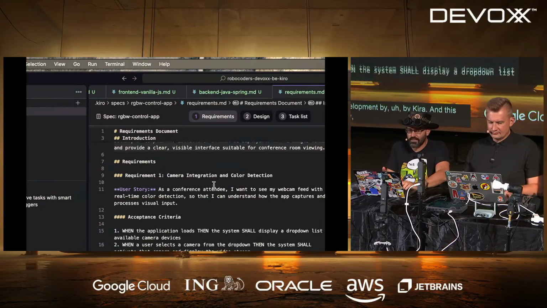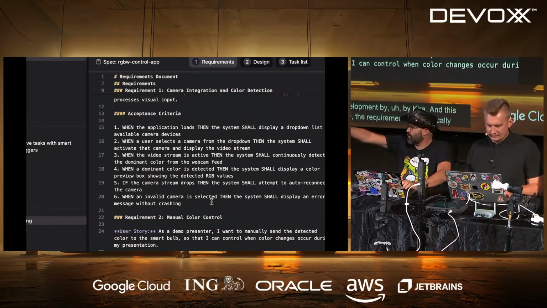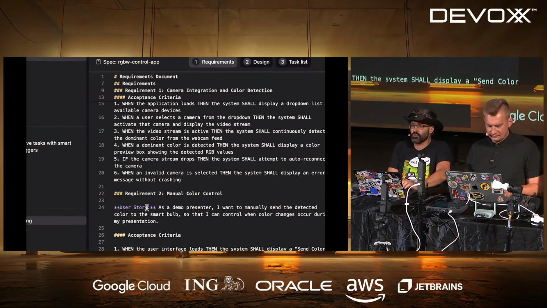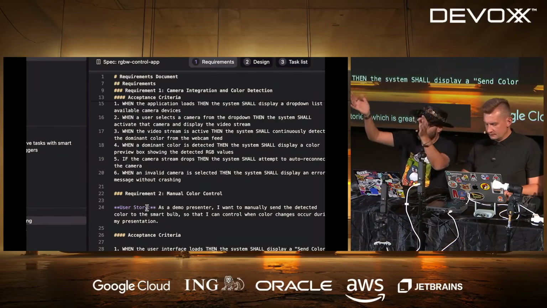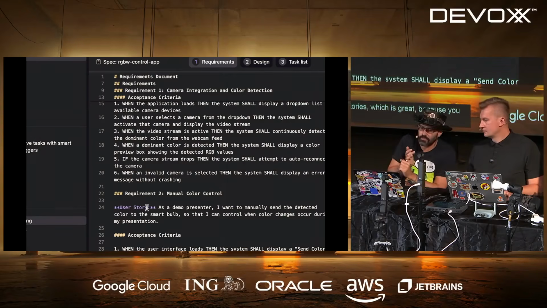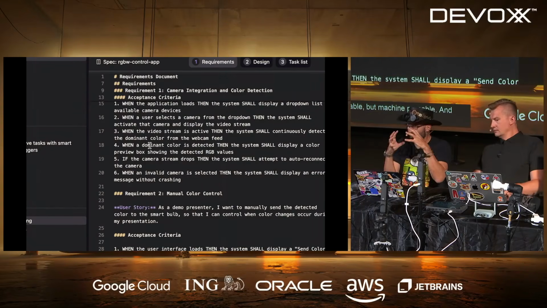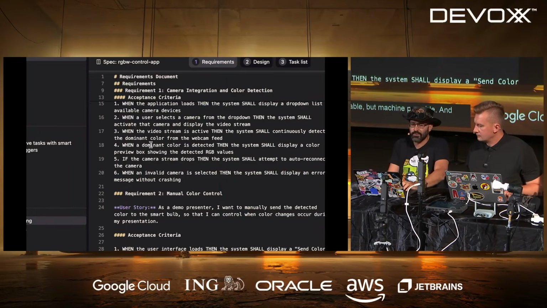Now, the requirements are basically a rephrase of our requirements, but in the form of user stories, which is great because you remember user stories are human readable but machine parsable, and we can see here a very strict format of when and then if.